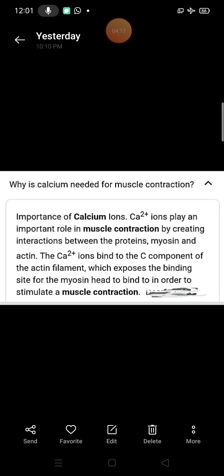Next thing, which is very important: why is calcium needed for muscle contraction? Your answer will be: calcium ions play an important role in muscle contraction by creating interaction between the proteins myosin and actin. The calcium ions bind to the C component of the actin filament, which exposes the binding site for the myosin head to bind in order to stimulate a